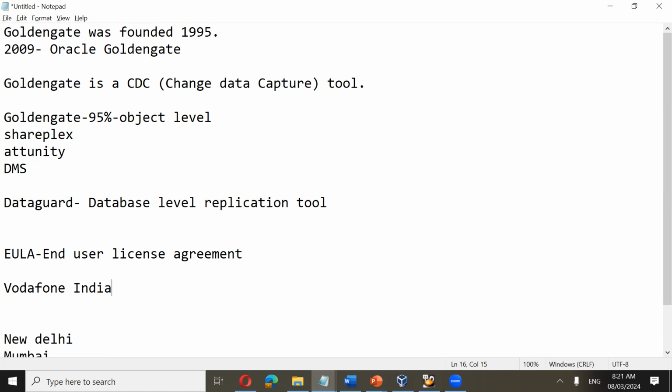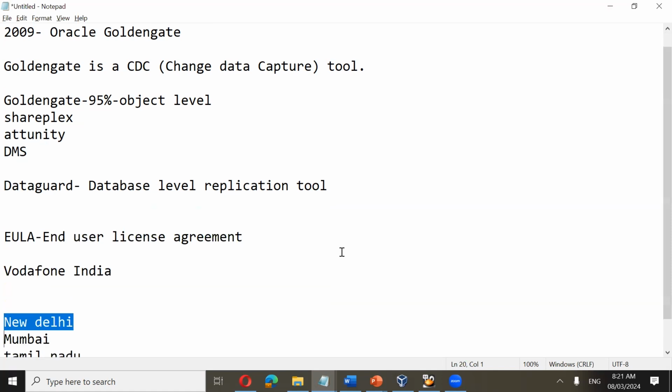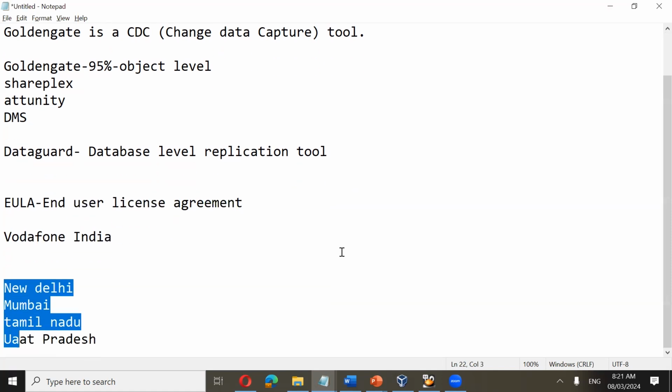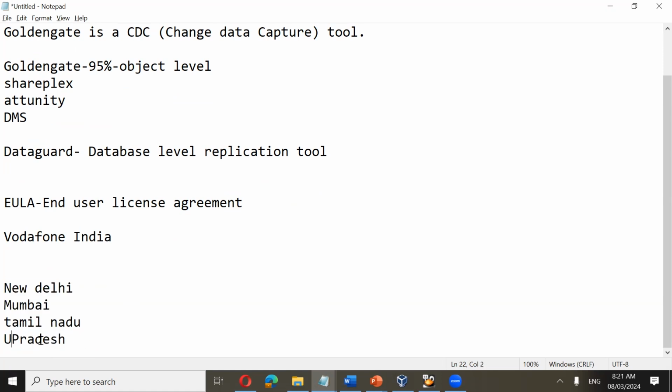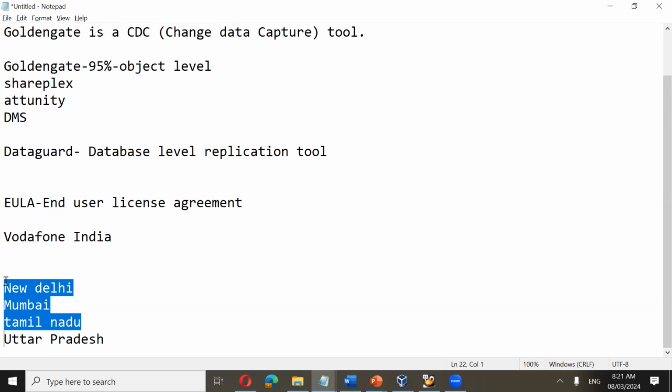Now with that, they weren't able to find what their requirement was. They wanted to find which states or provinces are where they have the maximum presence and where they need to concentrate more, like which are the worst performing states for them. So they gave me the requirement that they want to build a database separately for New Delhi, for Mumbai, for Tamil Nadu customers, for Uttar Pradesh.